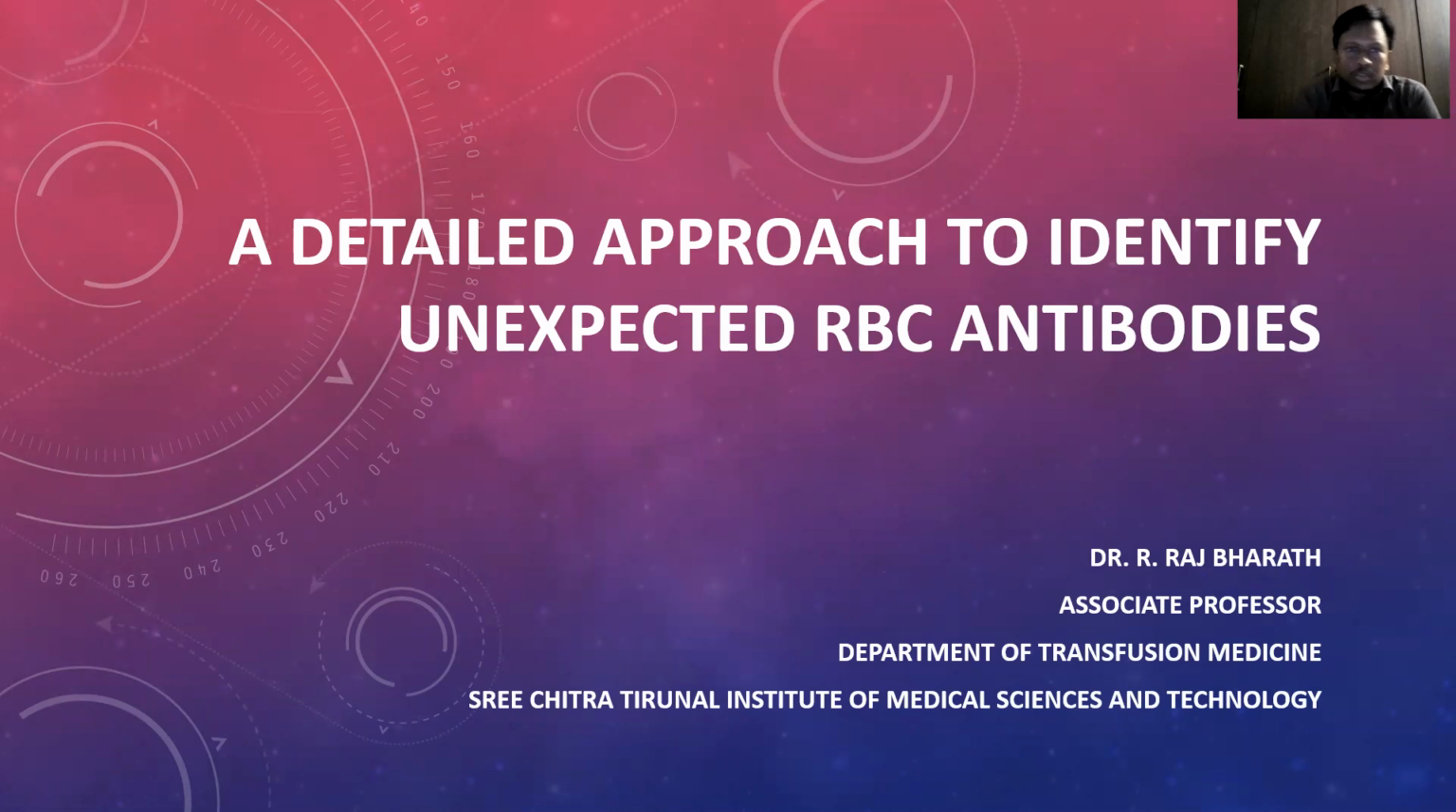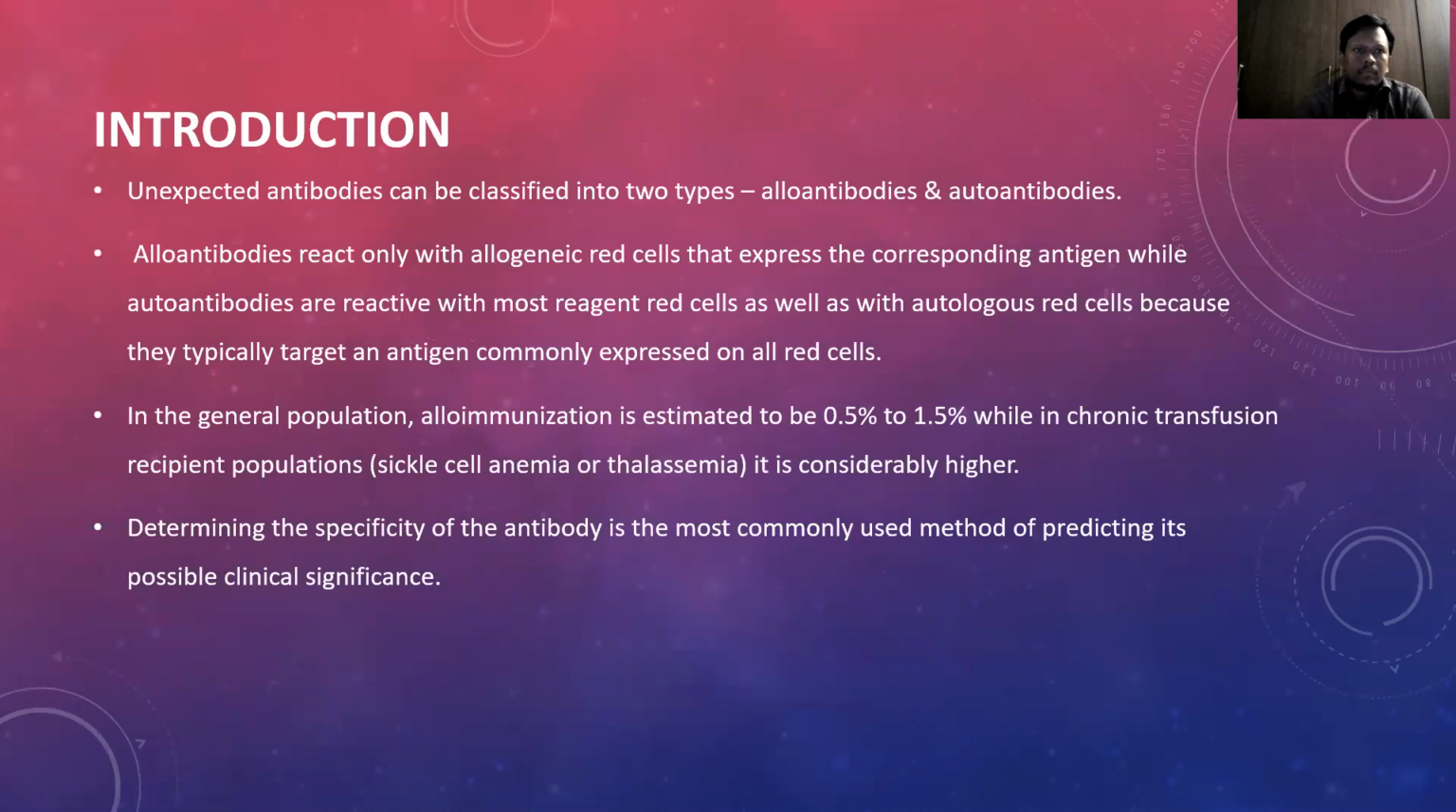So moving on to this topic, a detailed approach to identify unexpected antibodies. Introduction. Unexpected antibodies can be classified mainly into two types, alloantibodies and autoantibodies. Alloantibodies react only with allogenic red cells that express the corresponding antigen, while autoantibodies are reactive with most reagent red cells as well as with autologous red cells because they typically target an antigen commonly expressed on all red